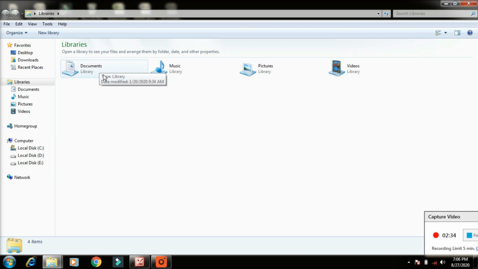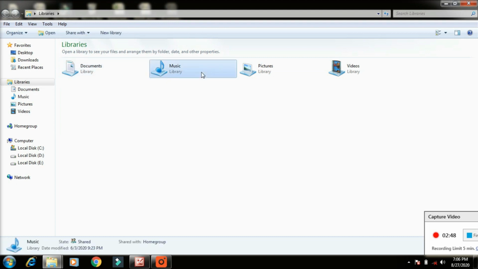Document means the files, that means Microsoft Office Word, PowerPoint, or MS Excel files, we can keep there. Music means all the MP3 files, the songs we hear. And pictures means JPG files, the photos we took from our camera, mobile or a DSLR camera, or screenshots, snapshots, whatever it is, everything we can keep in pictures.